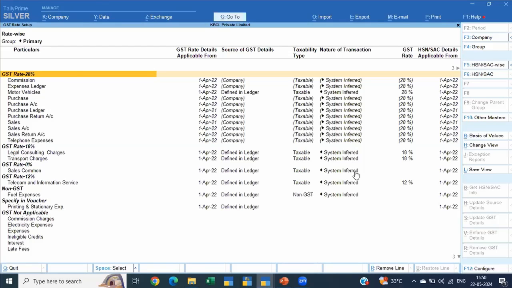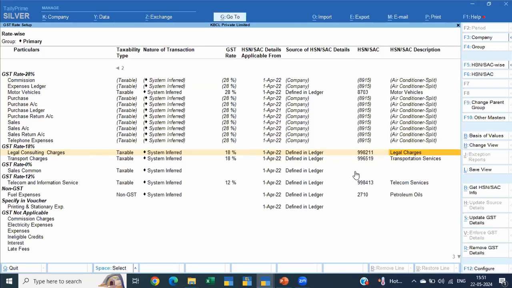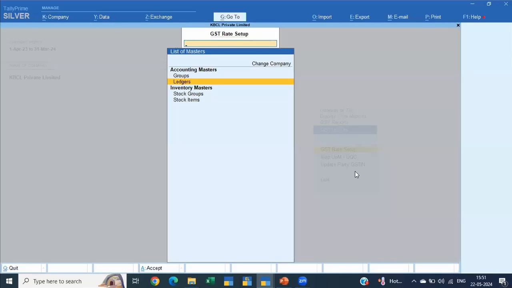Otherwise, you might have to go inside and check a lot of other details to make sure that the rate is correct. Whenever we do a GST audit, now it is not called audit, but still we are supposed to check all of this when we advise our clients. So when we come to the auditor's shoes, we can now very quickly see which ledgers have been set up, and whether the rates are correct.